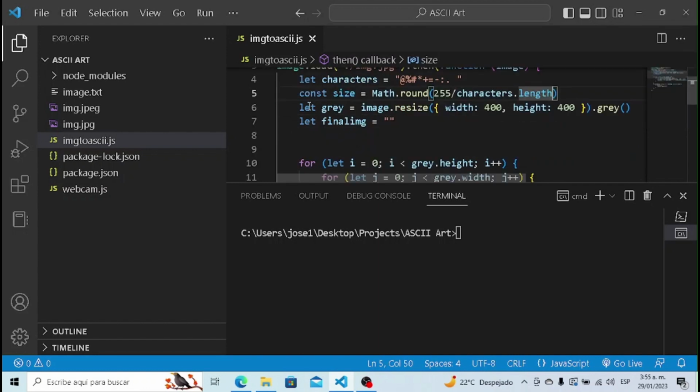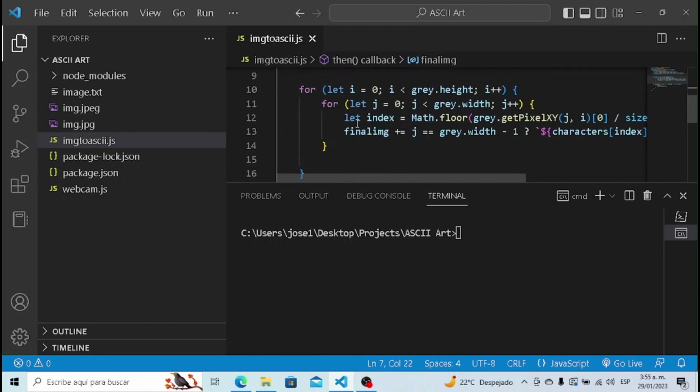So here's the gray image. We're gonna take the image, resize it to a width of 400 and a height of 400 as well, and then apply the gray filter to it, and the final image is gonna be this string. Okay, so here we're gonna cycle throughout the whole image,